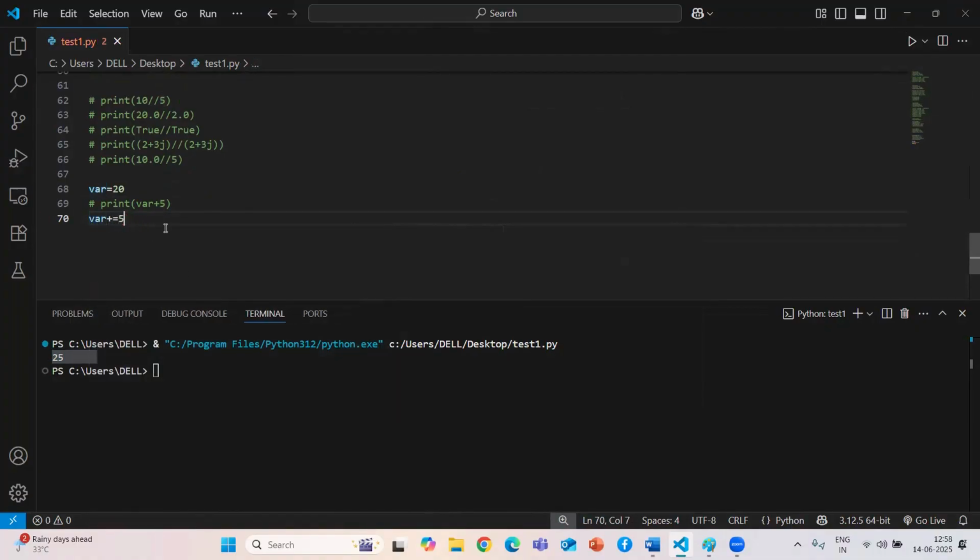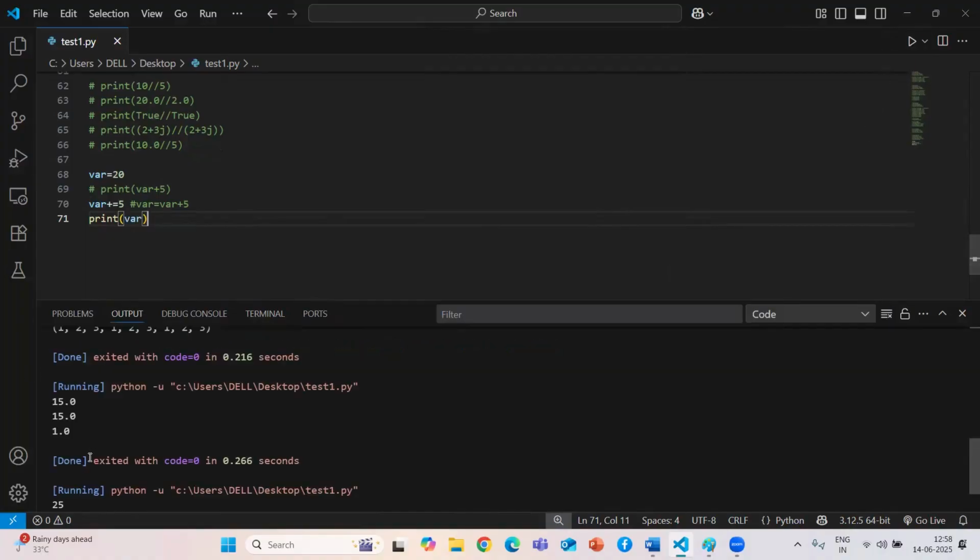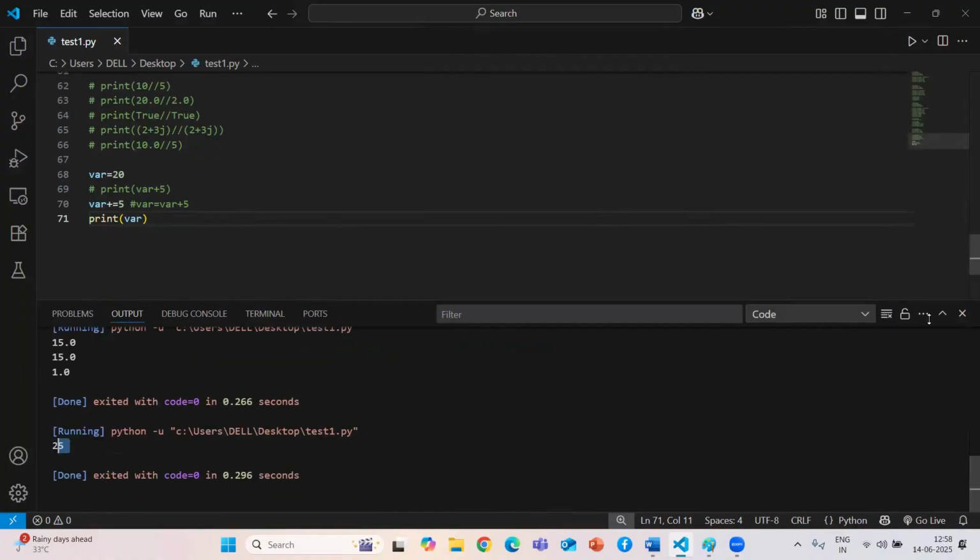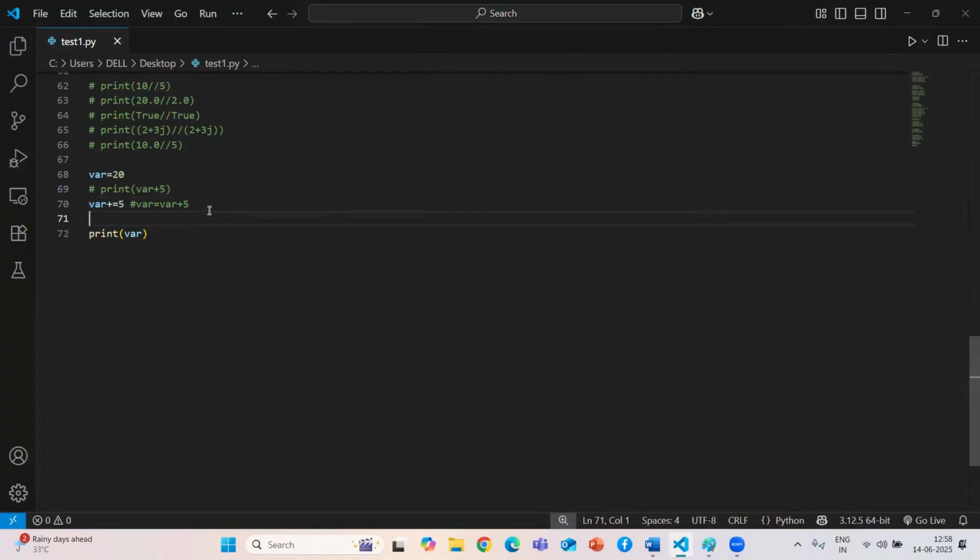Here it will be treated like this: variable equal to variable plus 5. By the help of the assignment and arithmetic operator combined, it will take less execution time. Now if I use this, it will also give me 25. Now if I take var minus equal to 5,